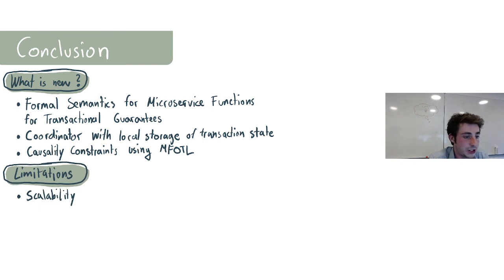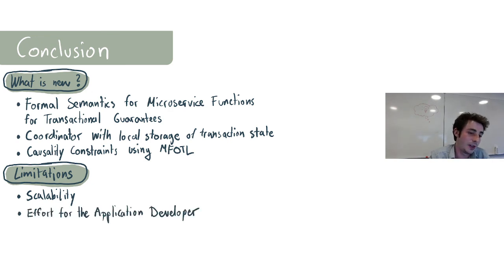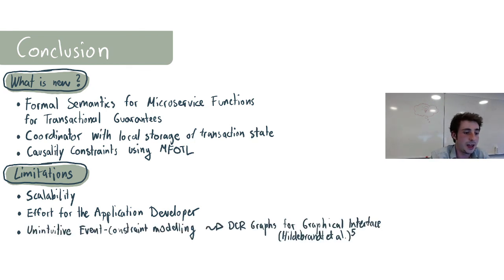So what are the limitations here? First of all, scalability, of course, is an issue because we don't know yet exactly how we will scale this. We have the idea of making it a stream processor, but right now it is a limitation. And also it needs to be clear what exactly is the effort for the application developer, and the unintuitive event constraint modeling needs to be improved. And that can be done by using, for example, DCR graphs for